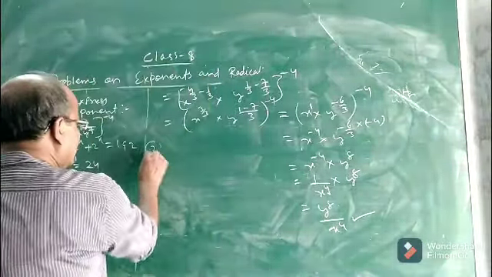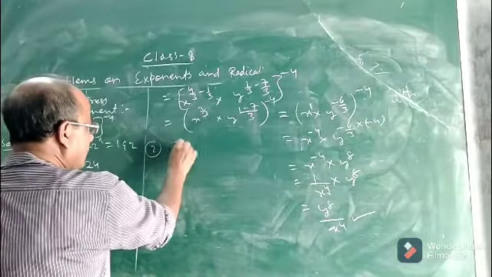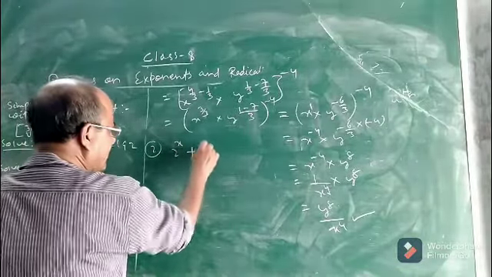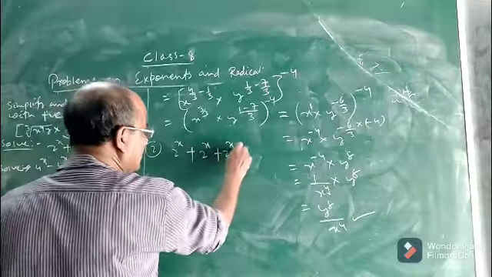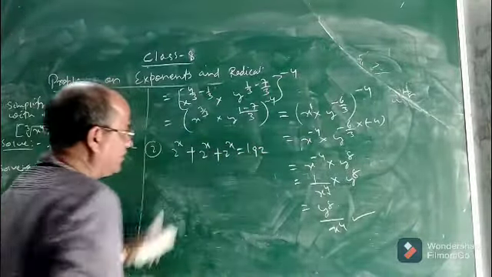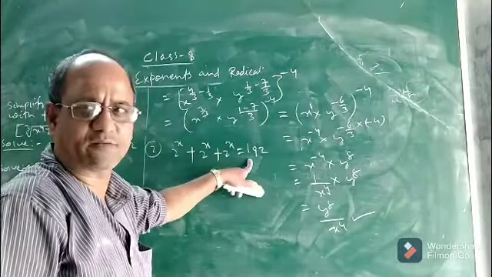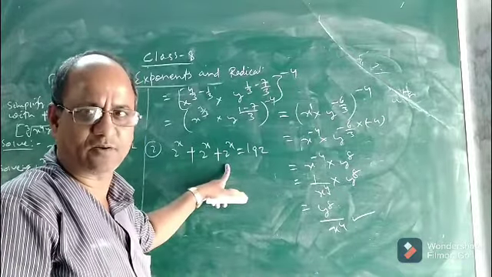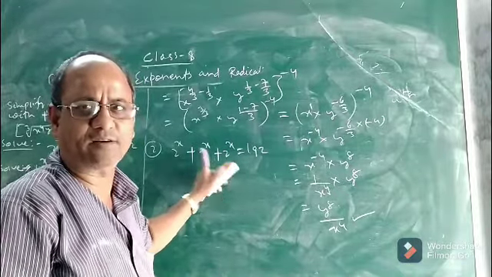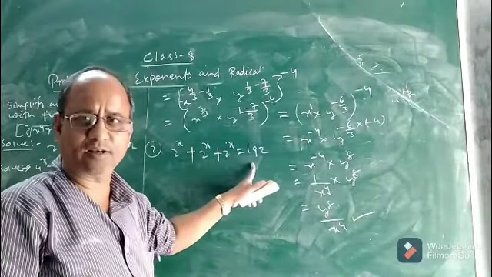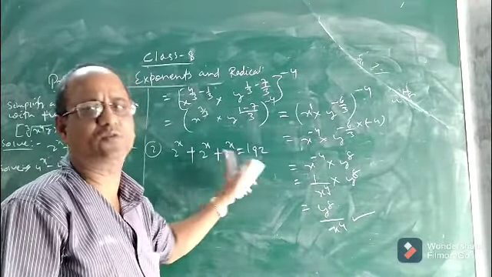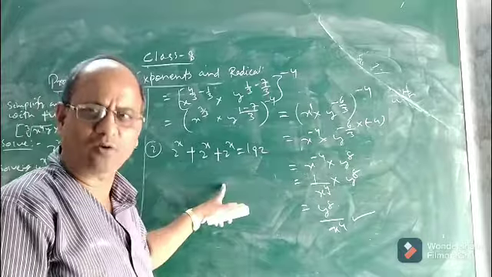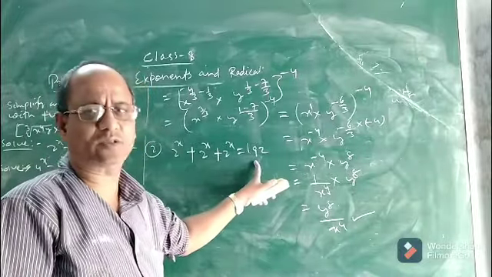So you see, suppose this is the second question. You have to find the value of x such that this given exponential equation is satisfied. You are given this exponential equation. Find the value of x for which this equation will be satisfied. The question is to solve or find the value of x in this exponential equation such that this equation will be satisfied, or for what value of x this exponential equation will be satisfied.